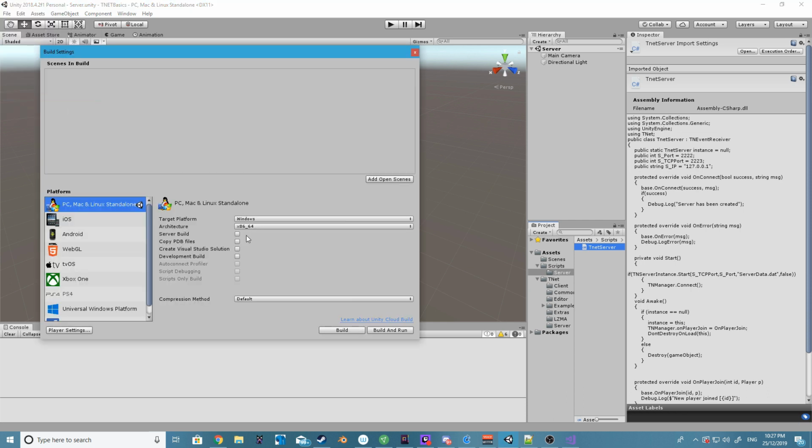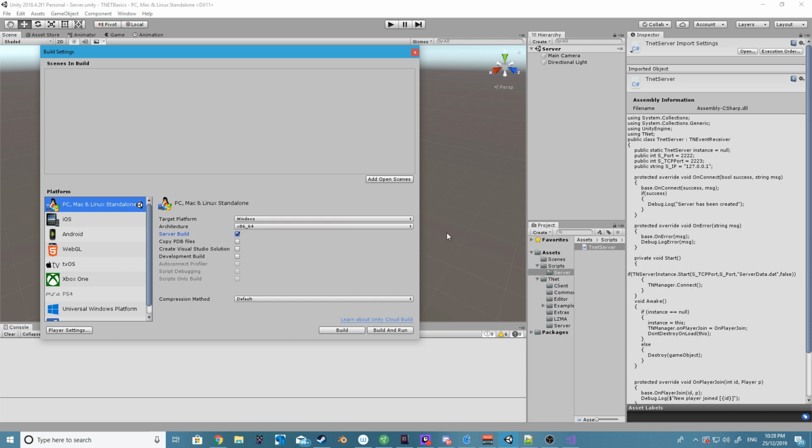And in build settings, I am going to tick server build, because we don't really need any of these visuals. If you do end up putting this on a VPS or something, it'll just end up slowing it down and using more resources. So we just need a console build. We don't really need any graphical input unless you want your server to spectate everything. But in order to do that, you also have to make server code that will basically translate everything. Whereas if we just make a server build, all we need to worry about is the clients,